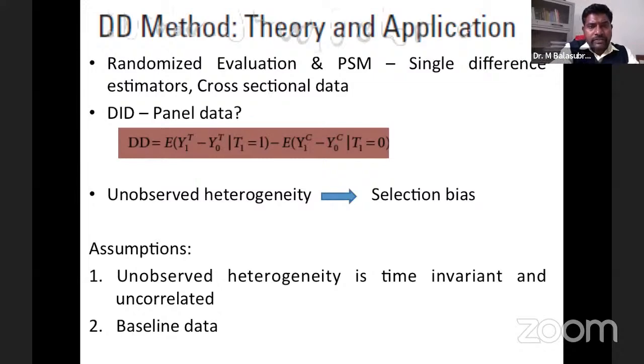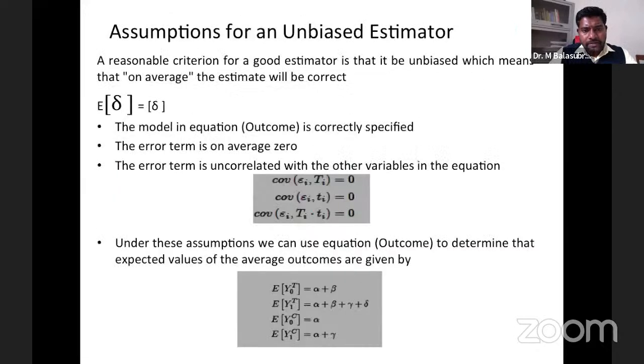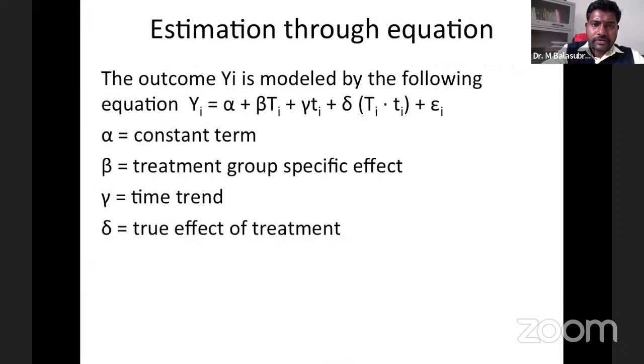The difference between these two gives our double difference, I said. So applying this, the expected value or average of y0t gives alpha plus beta. Understand why alpha plus beta? Alpha is common for all, because it is a constant term in the equation. Then for y0t, t is a technological factor, I said already, so that